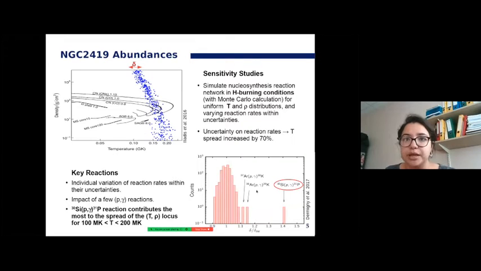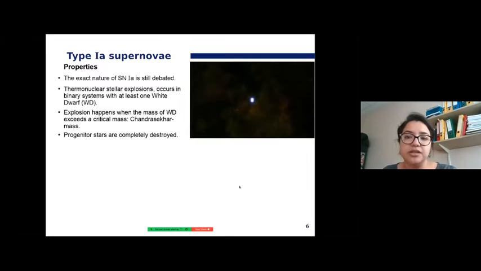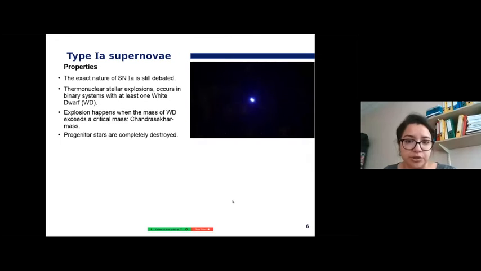So few proton captures contribute to this delta, but the silicon-30 (p,γ) reaction is by far the one that expands the most the uncertainties on stellar temperatures relevant for polluter candidates in NGC 2419. It happens also that this reaction is relevant at higher temperature for another astrophysical site, which is type Ia supernovae. So the nature and properties of these objects are still the subject of active research, but we know